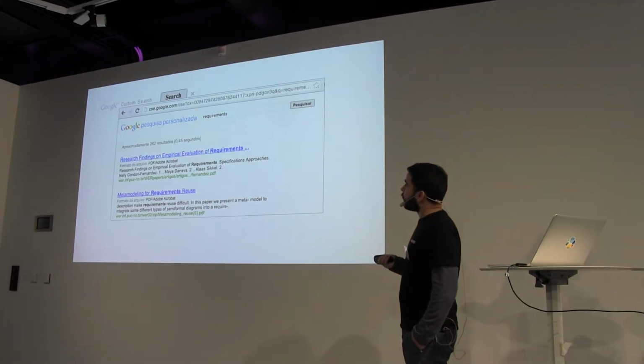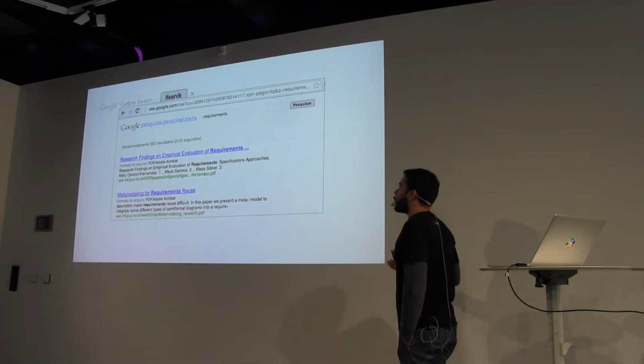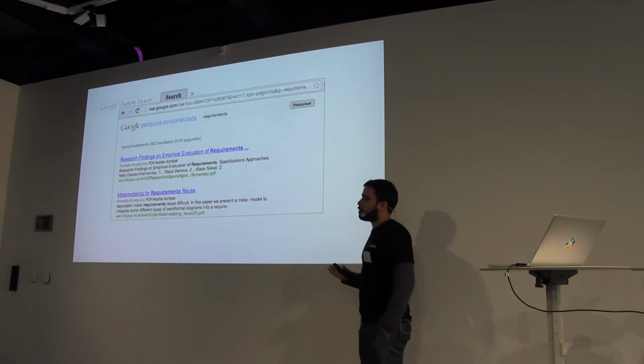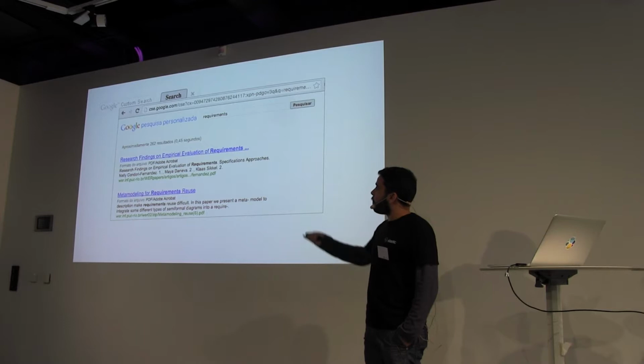So, Google, it's nice. Google is very good regarding search. Search is really, really powerful. We all know that. However,